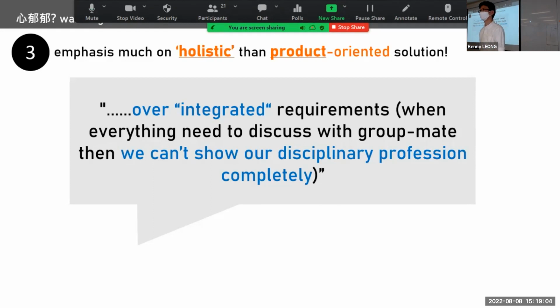No. We aim at a holistic solution, a solution that solves the problem or the opportunity that you define. So go for it, but not because you are from a certain discipline that you have to do exactly what you do. If that's the case, this is not integrated. This is not the meaning of it. So be aware of this.